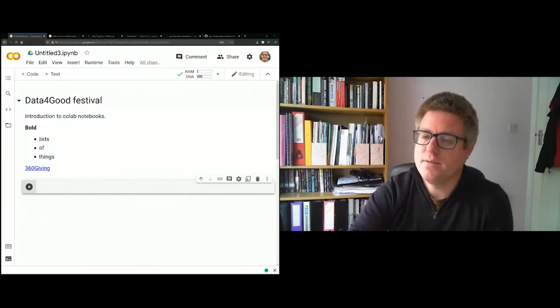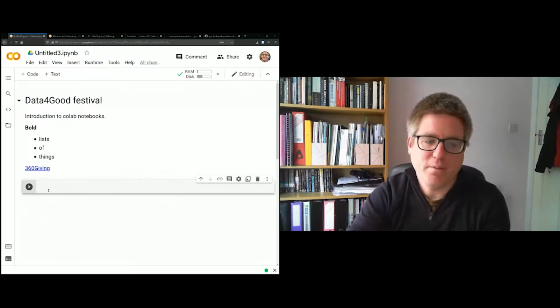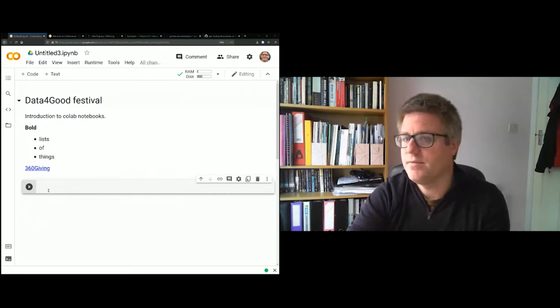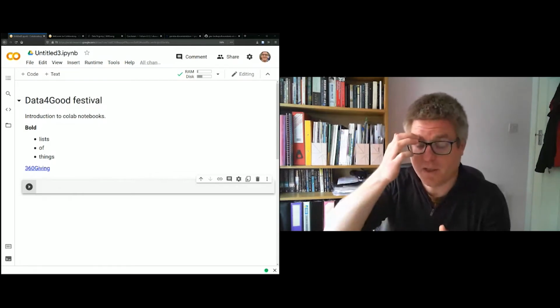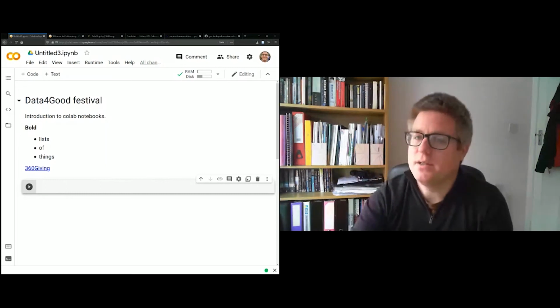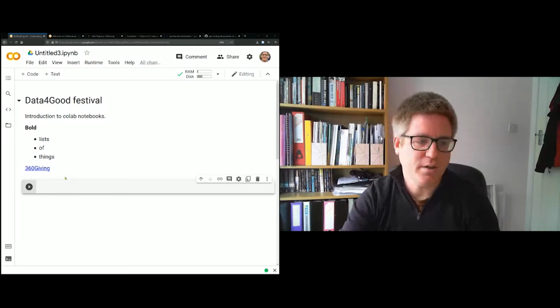And the other thing that's important to know is that if you define a variable in a code cell, it's available after that in any of the other code cells. So you can really start to build up a script, but make sure it's interspersed with text and things so that people can follow along with what's going on. So let's start by